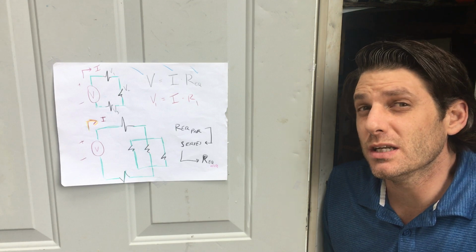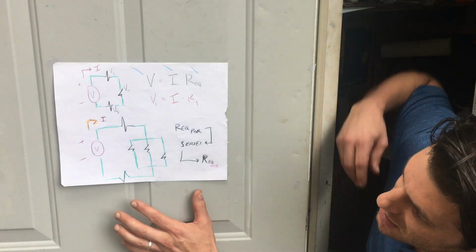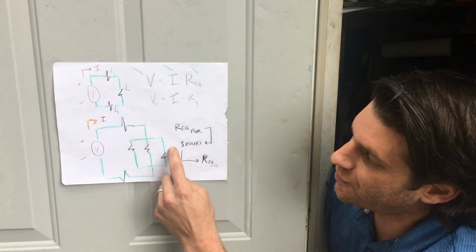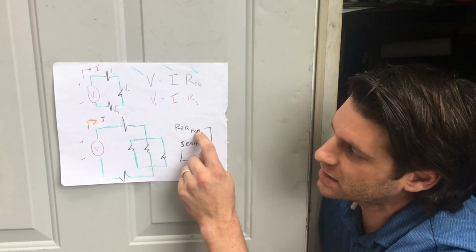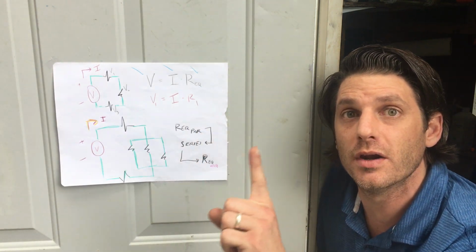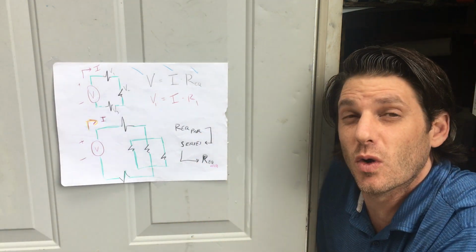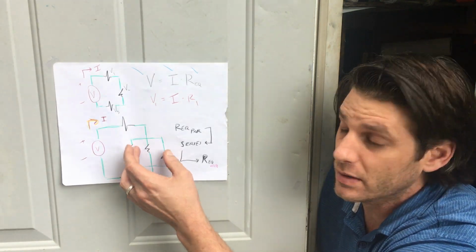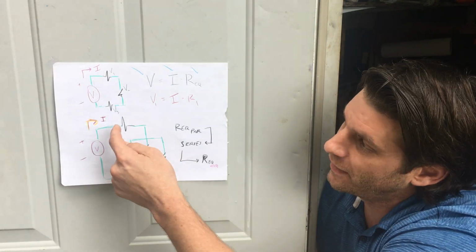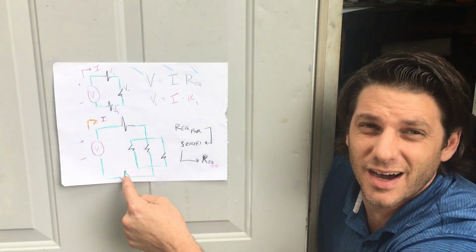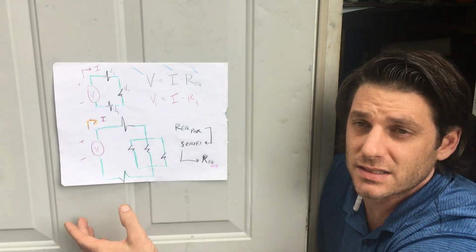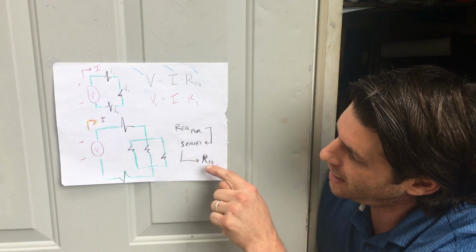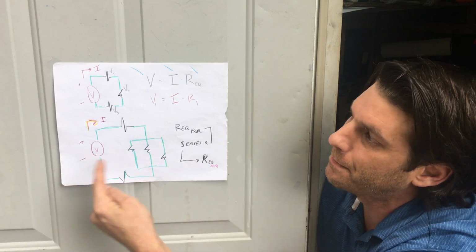So what you need to do, you need to be a two-step process, and you need to section out just the parallel. Figure out what the REQ is of the parallel, then you have one number, and that would be the same equivalent if you had in a series. So you would take the REQ of the parallel, let's just say that's 100 ohms, and then let's just say this is 200, 100, and 300, you'd have 600 ohms as an equivalent resistance. So you start with the REQ of parallel, you move into series, and then finally you have the REQ of the combined